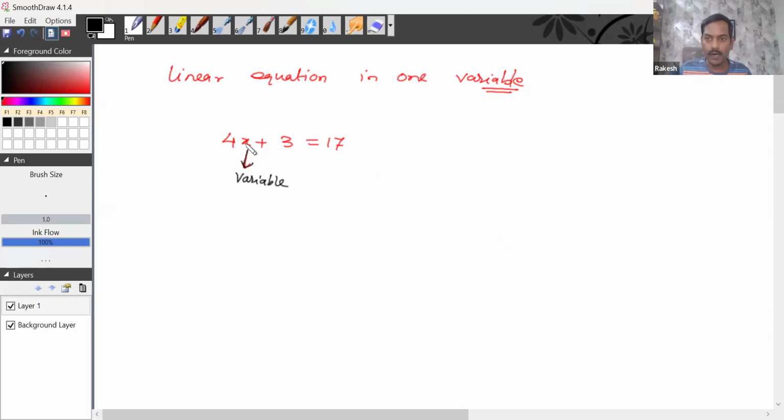What is this 4 which is attached to x? This is nothing but 4 is multiplied with x. So this 4 is called coefficient, right? So if some numerical value is multiplied with variable, that numerical value is called coefficient, right? What is this? This is called constant. What is constant? The value is not changing because 3, wherever I write 3, the value will remain 3 itself, right? Similarly, this is also a constant,